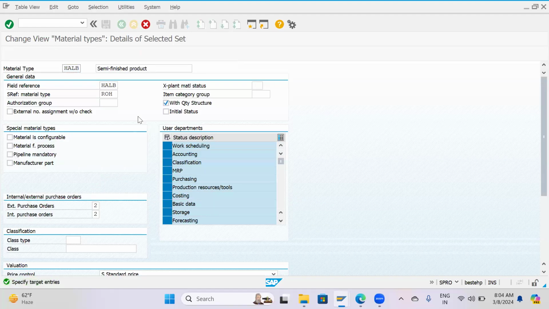Our thumb rule is we generally create our material type starting with Z. So this is the nomenclature. These are the screens, right? You are going to have